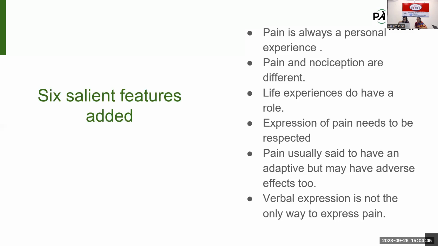And generally, pain is taken as a sign or an adaptive thing. But the same thing, if it continues for long, becomes a nuisance or a disease. And last but not the least, verbal expression is not the only way to express pain. There are many other ways also. For example, patients in intensive care, do they speak? They have a tube in all ends. But still you can assess their pain by seeing the vital signs, and sometimes they may have tears in their eyes. So there are very many ways of finding out pain, not only with verbal expression.